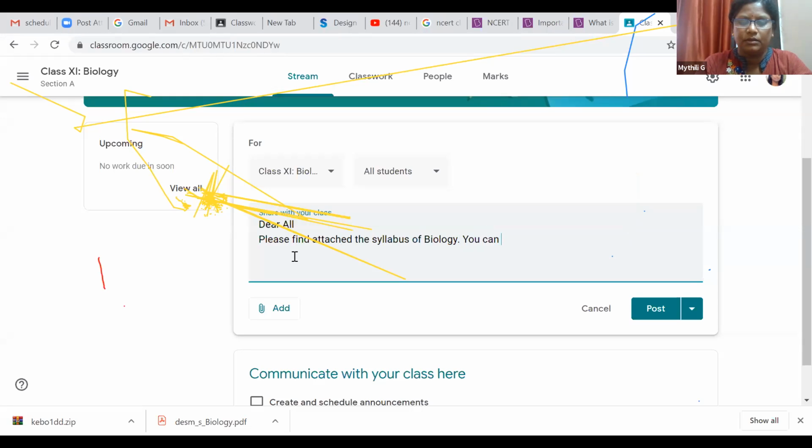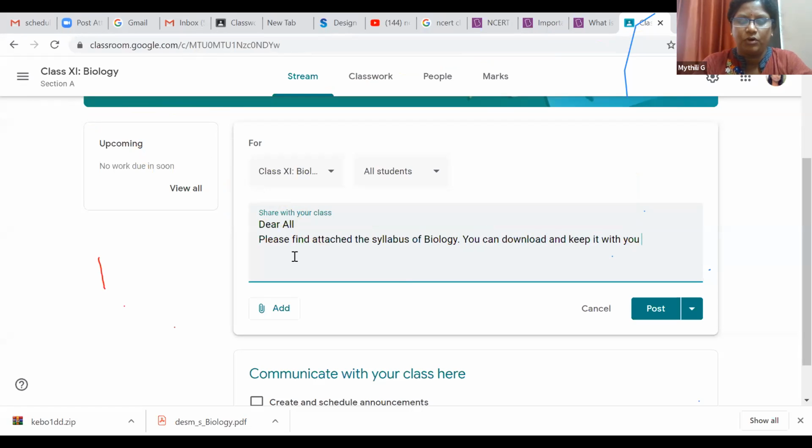You can download and keep it with you for your reference. And do all the activities. This is only the general information, and read the chapters.